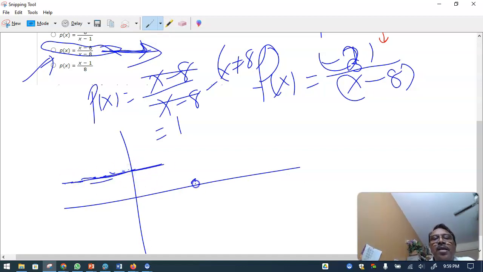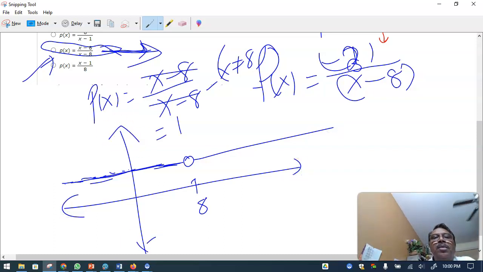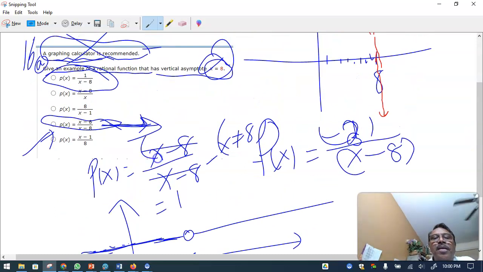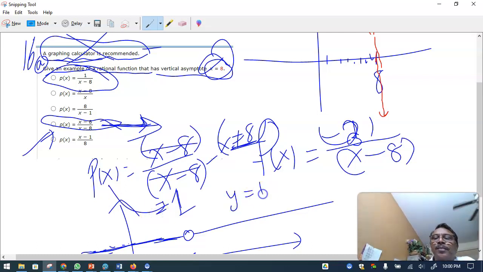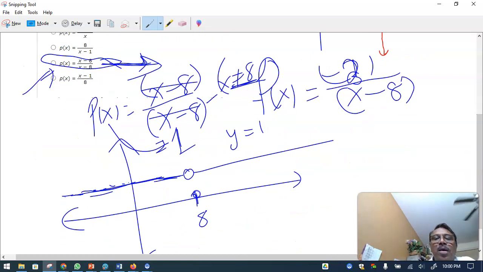But when x equals 8, there's a hole. It's not defined. So that's how the graph will look. There's a hole there, and so that doesn't have a vertical asymptote. Because x minus 8 is both up and down, and x cannot be 8, you can cross it out and get 1. So p(x) equals 1. The output is always 1. The only thing is, at x equals 8 there is a hole there, and just to show how beautiful this is,